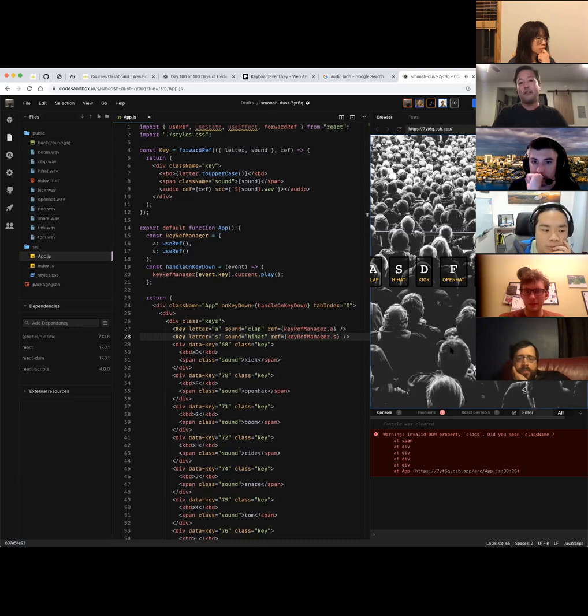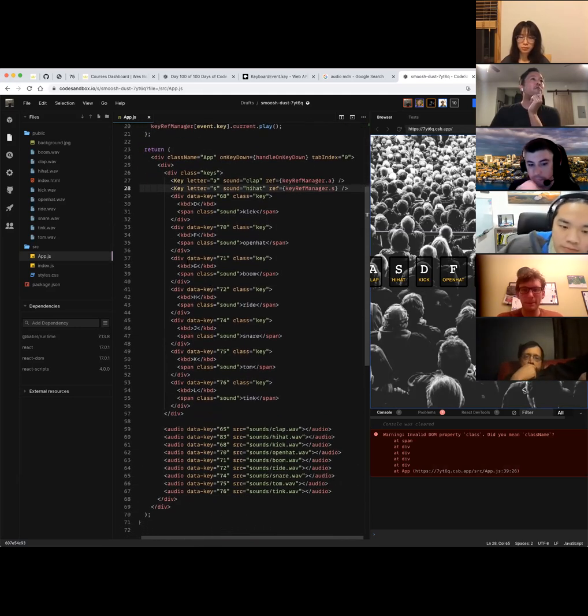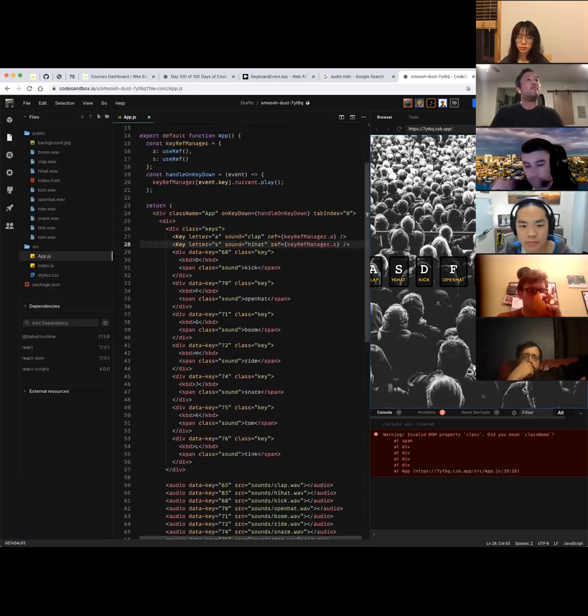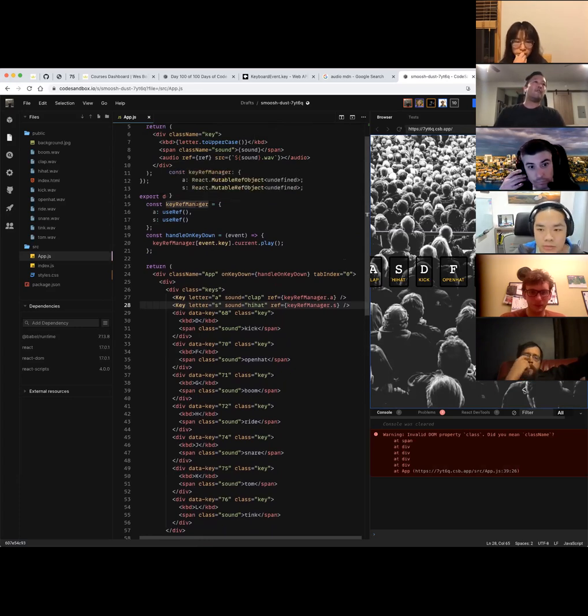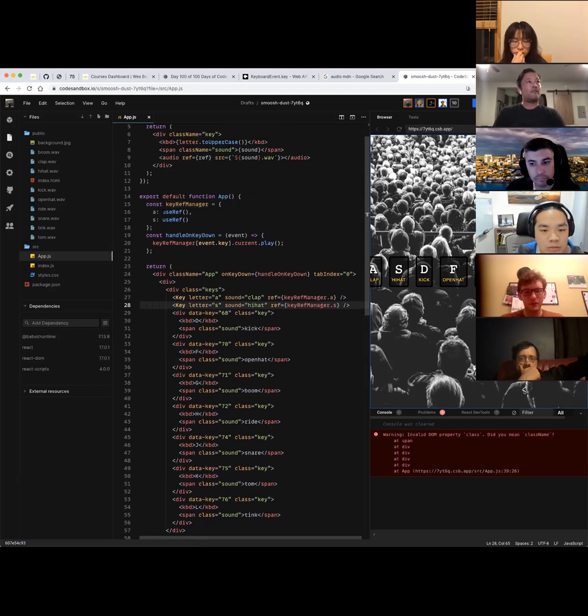It works. So we would be able to do that for all the keys. We can go a little further and map over all the things. So one thing we could do,